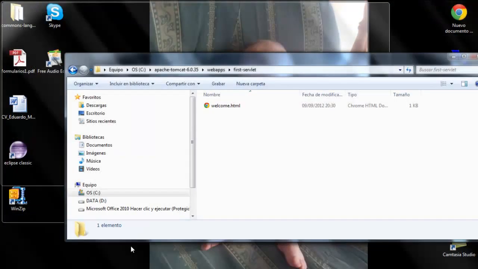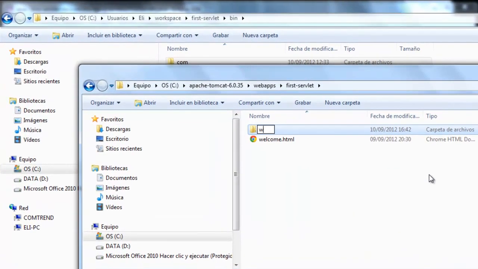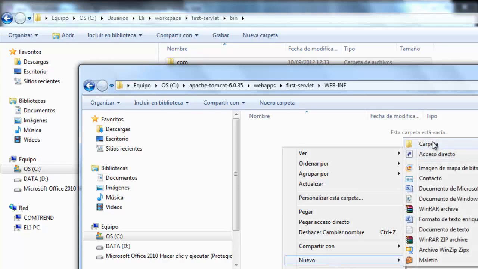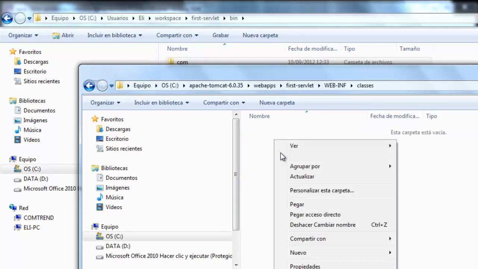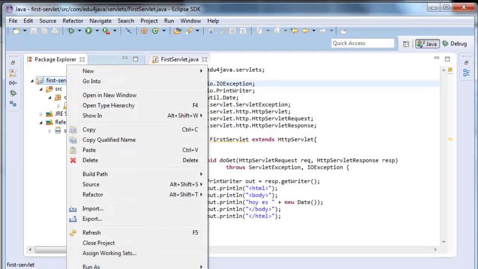what we've opened here. We create a new folder WEB-INF with uppercase, a hyphen, and inside it a folder called classes. And inside it we put what we've copied, the folder com with our .class, which is the automatic compilation of this class. Eclipse does this compilation automatically, and if you have doubts, you can go here to properties, and here